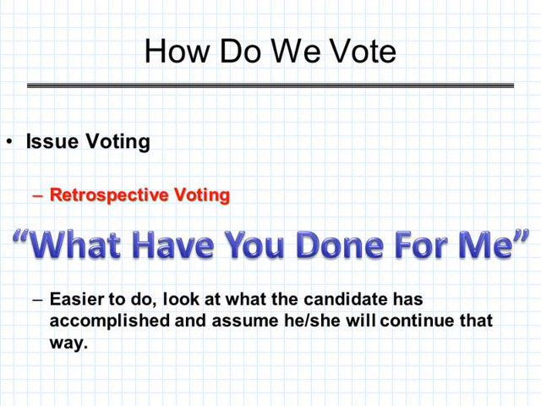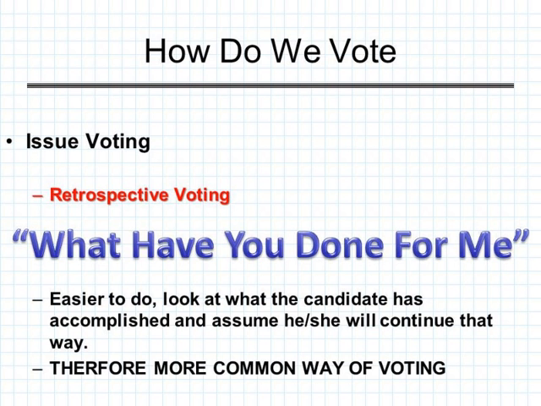This is much easier to do. All we have to do is compare what Barack Obama has done in the past. And if we don't like what Barack Obama has done in the past, then we vote for Rick Santorum because we're hoping that Rick Santorum will act differently than Barack Obama. It's easier to do, and therefore it's probably the most common method used by Americans when they're doing what we